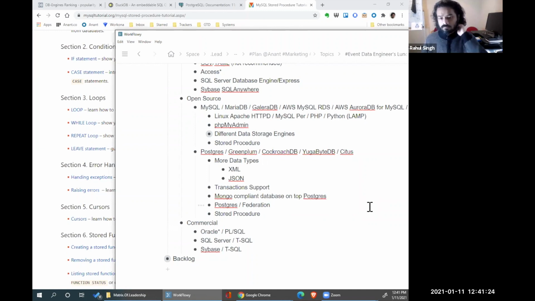You can use one MySQL variant today, you can go to another MySQL variant tomorrow, versus there's only one Oracle, there's only one SQL Server. But there's another shift that's happening, which is people going from self-managed databases to cloud-managed databases.